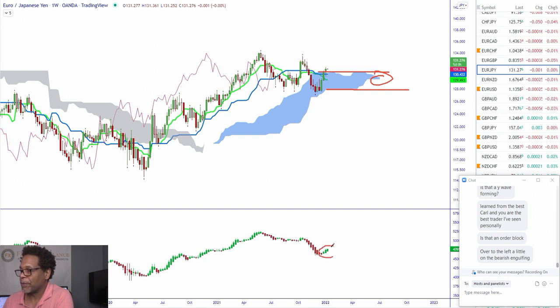We do have some demand coming into the market. Will it take us beyond this level or this level? All right. If we were going to trade this long, we should have been trading down here. At this point, we don't want to take the long. We just got the Kumo breakout on the weekly. So we could push higher.